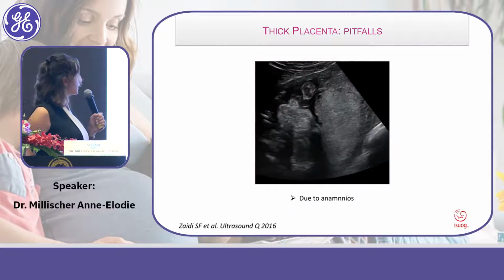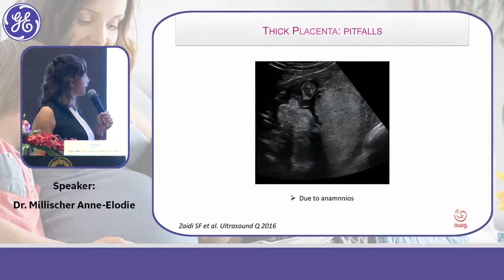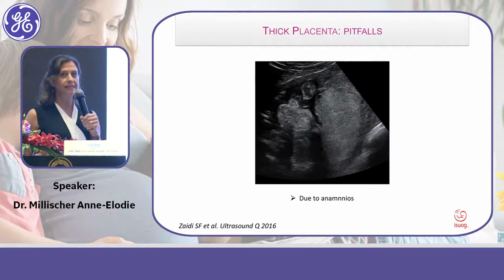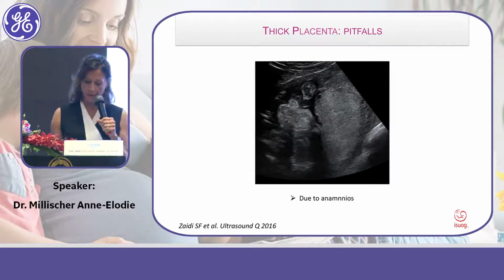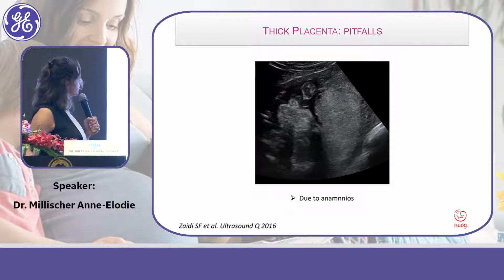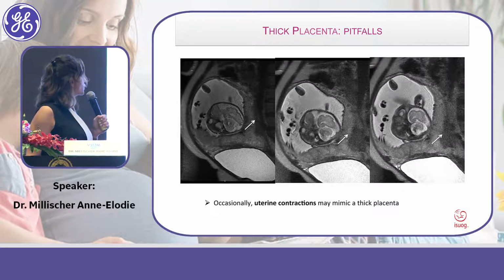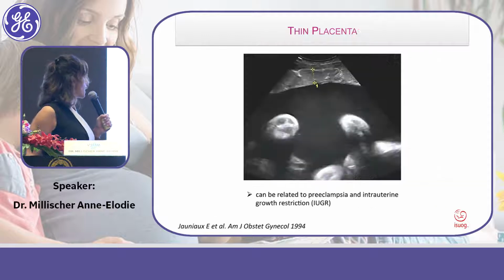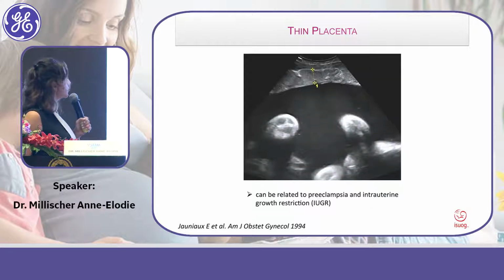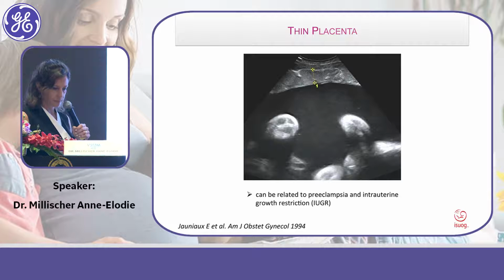Sometimes you can have this aspect of thick placenta just due to anamnios, for example, in severe IUGR. Và thỉnh thoảng các bạn thấy cái bánh nhau nó dày như vậy, nhưng mà thật ra bản chất của nó là tại vì nó bị vô ối, đặc biệt là trong những cái trường hợp mà thai chậm tăng trưởng trong tử cung. The opposite is the thin placenta, which can be due to IUGR with a hydramnios. Đôi khi các bạn thấy cái bánh nhau nó là nhỏ đi, có thể lý do đó là do bị đa ối.